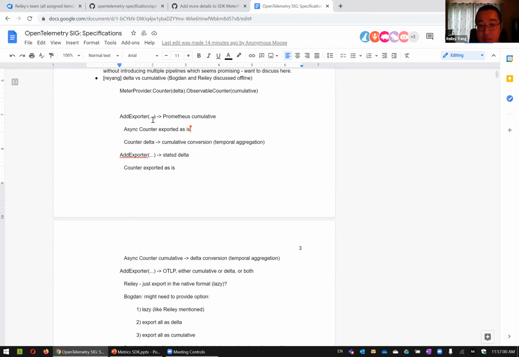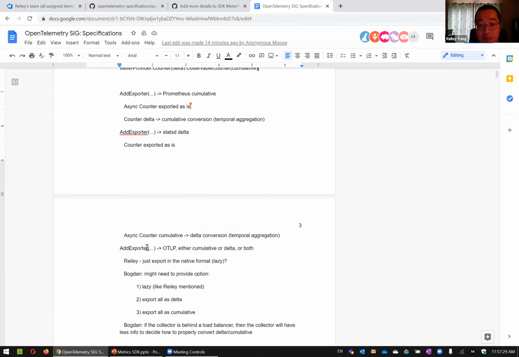I think if you export data to some backend that only supports cumulative, then asking the user to do some configuration is like a no-brainer thing. So we shouldn't. Like if we send data to Prometheus and Prometheus only supports cumulative, we should convert everything to cumulative if we can, without asking the user to specify anything. If we send data as delta, like to a delta only backend, we should also do the same thing without asking the user. The interesting problem happens when we export that to some backend that can support both.